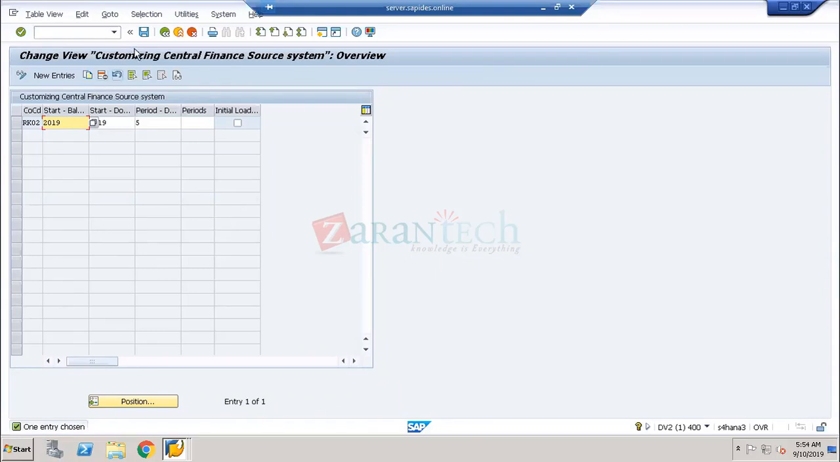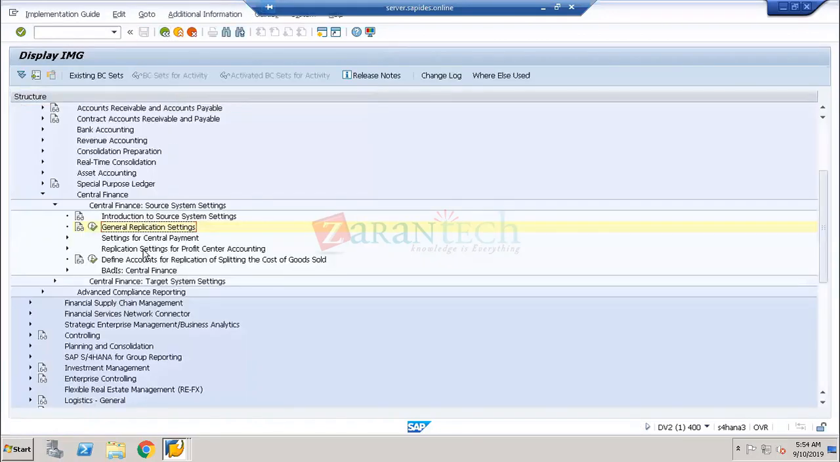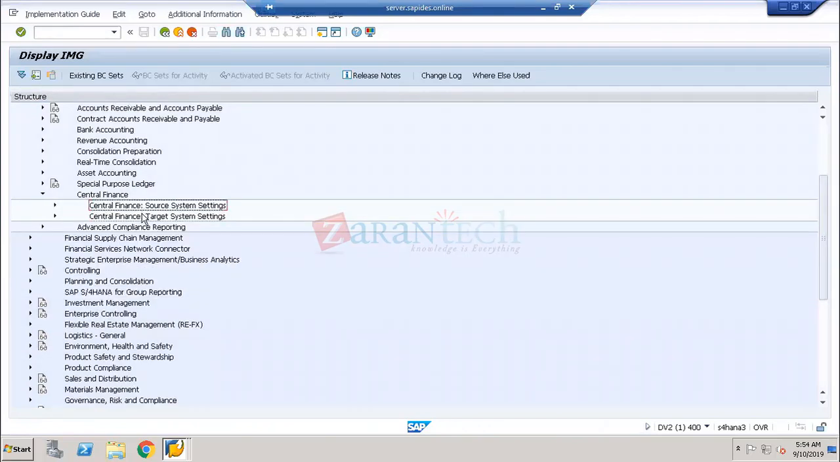So we are going to see all these settings for the source systems and the target system, between SAP ECC and SAP S/4HANA. Either it can be non-SAP systems or an SAP system, that is the most important thing. So this is the complete part, and then after that, whenever I do any kind of document posting,